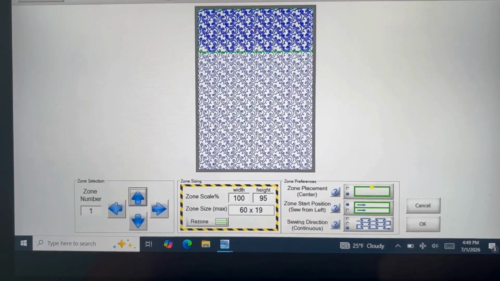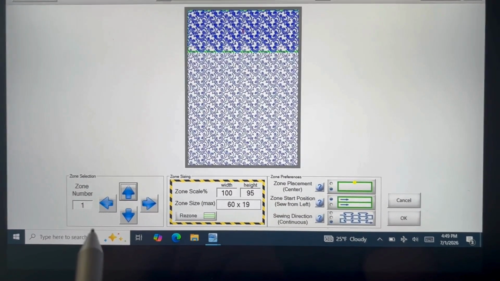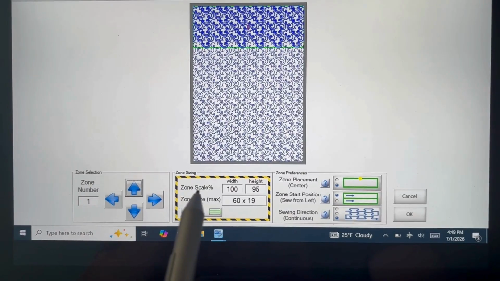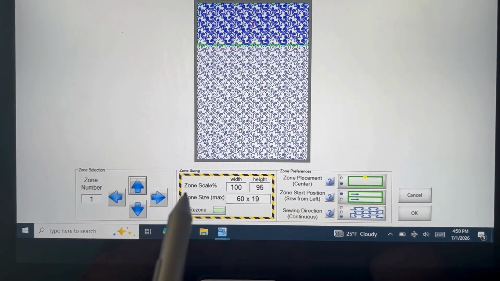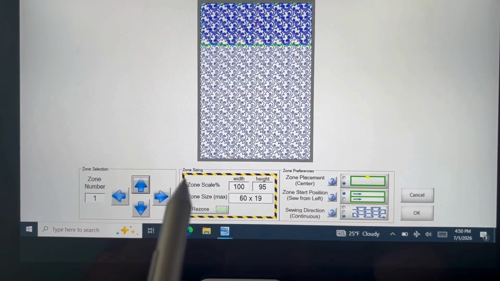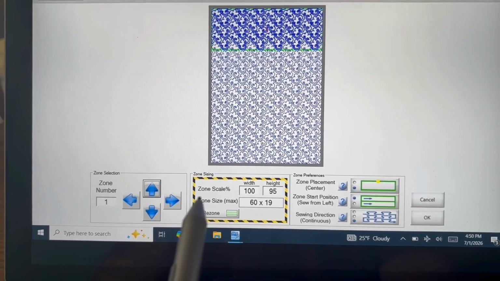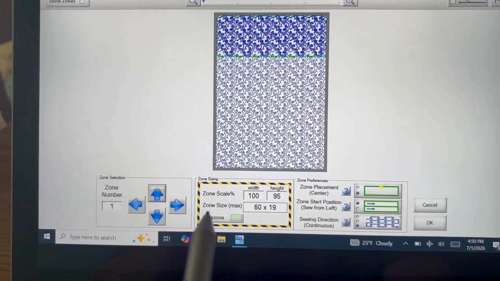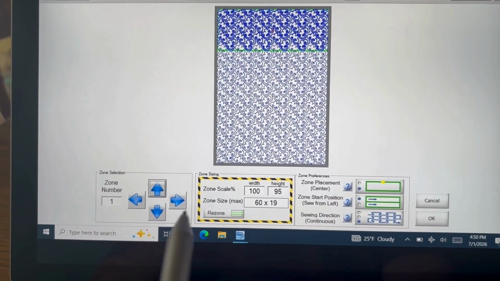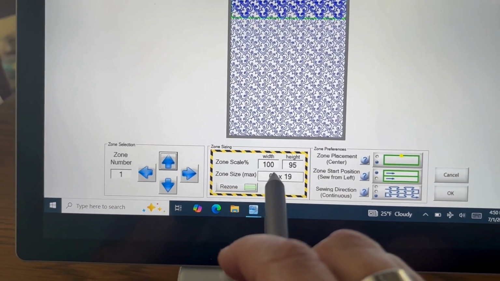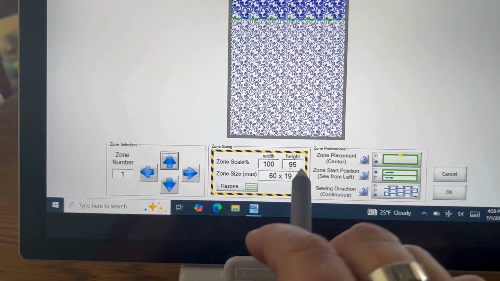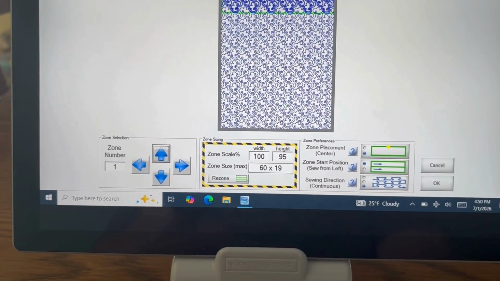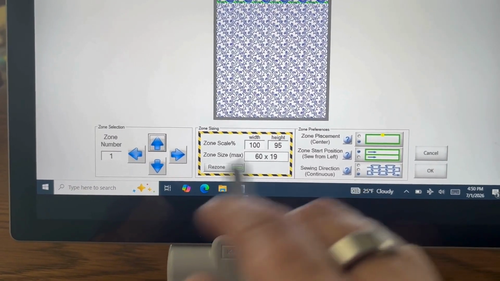And so this is just an extra safety valve, if you will, to help you manage that so you don't get to a point where you can't place your design because your safe area is too small and your quiltable space is bigger than your safe area. And so what it does is it takes this percentage, and you can modify this percentage, but 95 is usually a pretty good number,